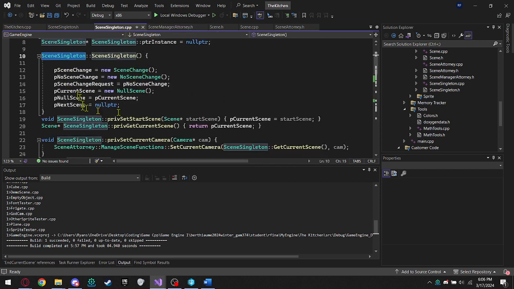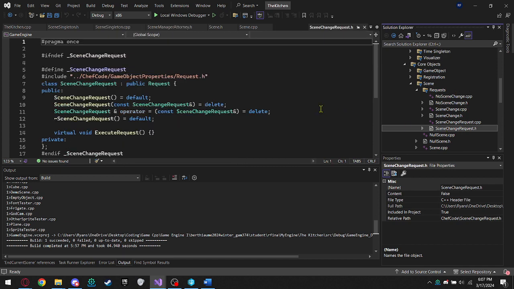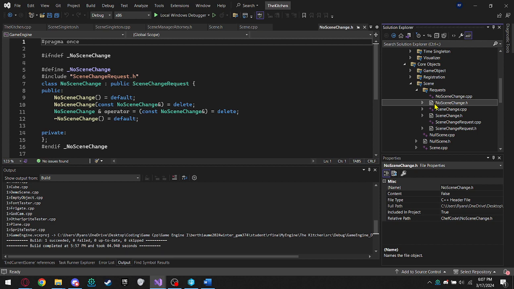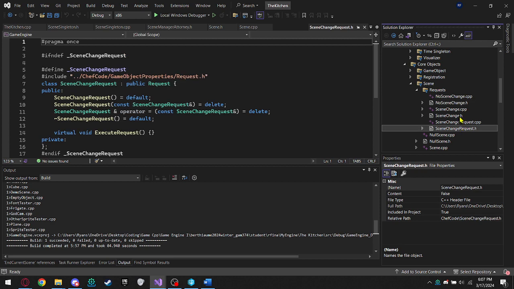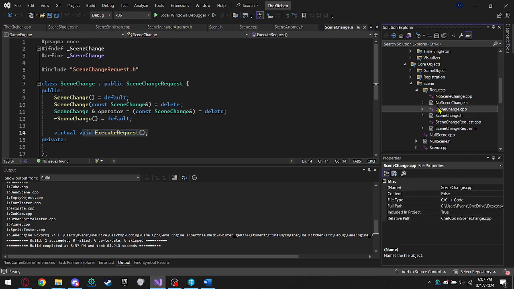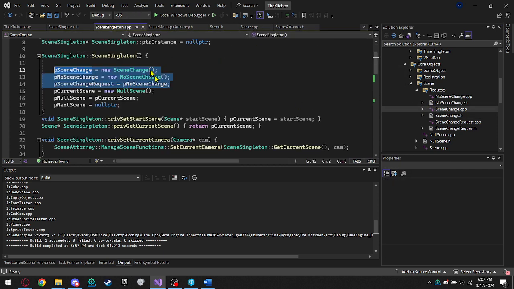So when we create our scene singleton, this is where we define everything. For the scene change, we have a strategy pattern set up. So there is the no op, which is our no scene change, is the no op. And then we have the scene change, which is where we execute the request and pass through the scene change call. So the scene change call here,